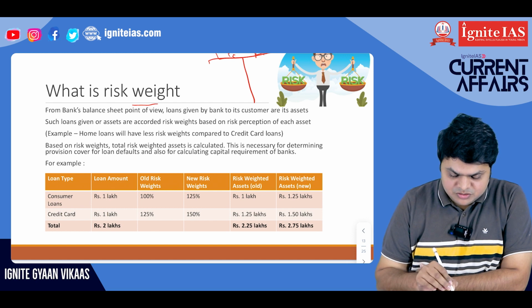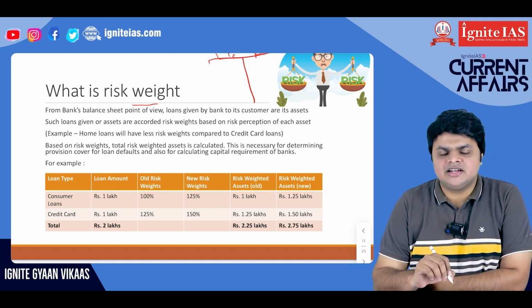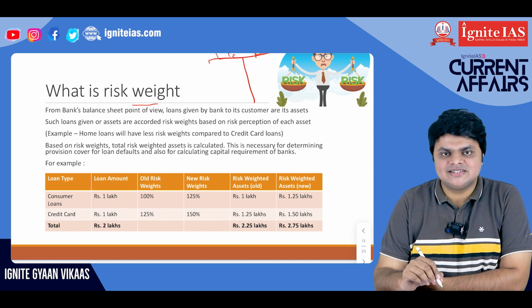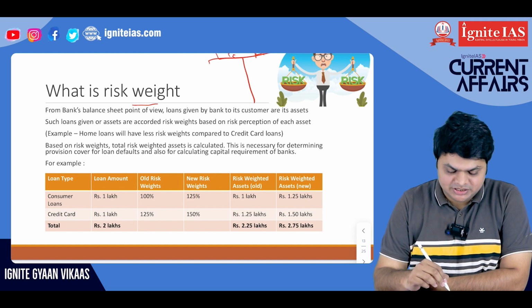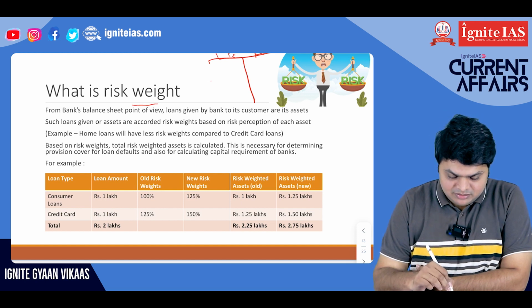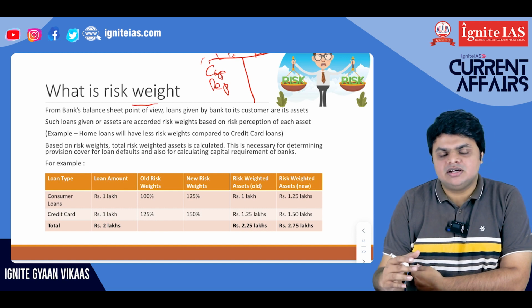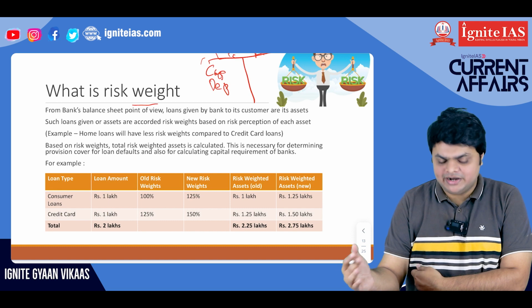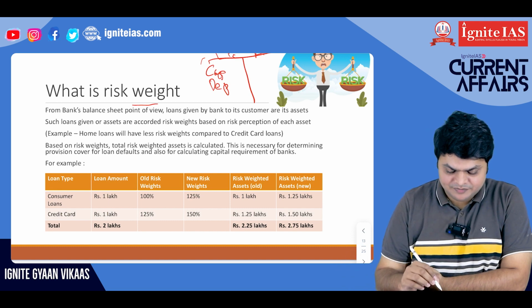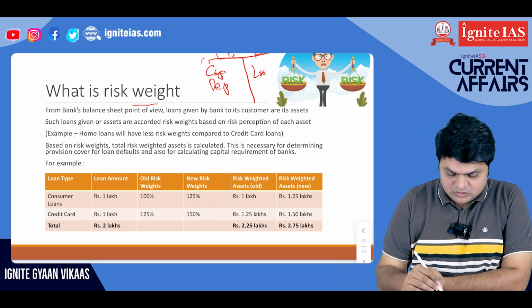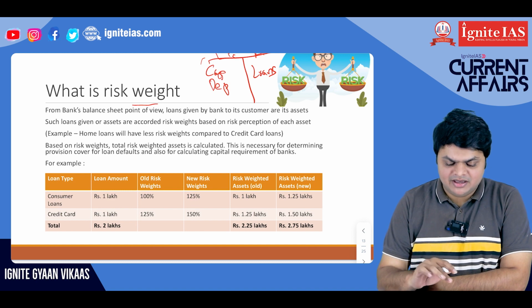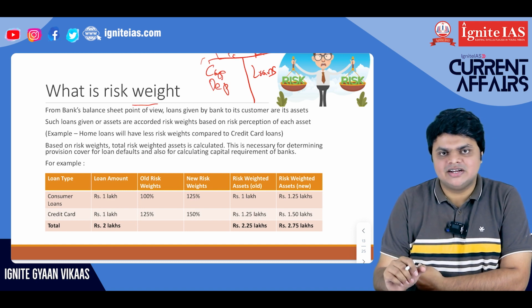Whatever the consumers deposit in bank, let's say savings or fixed deposit, will come under liability, and you will have the bank's own capital. So, this will be the source of funding for bank, and whatever the loans which banks advance to its consumer, be it home loan, business loan, or credit card loan, will be the assets of the bank. This will be primarily how a bank will function.